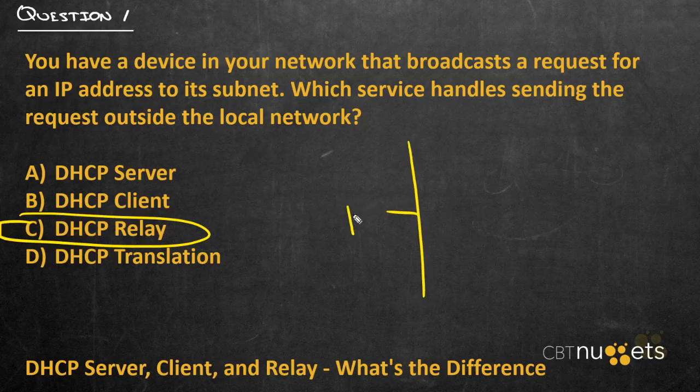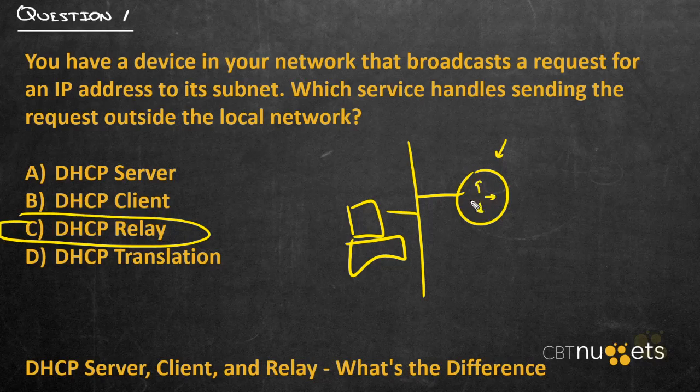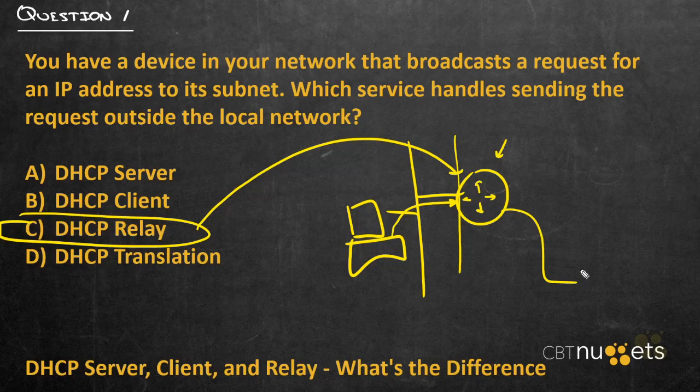So if you've got a device sitting inside of a subnet, whatever subnet that would be, you've got a router, and that could be a router, it could be a layer 3 switch, it could be a variety of different devices. It's going to be the one that receives that broadcast and would typically drop it right there, but instead, when you put a DHCP Relay configuration, it forwards it on to whatever DHCP server IP address or IP addresses